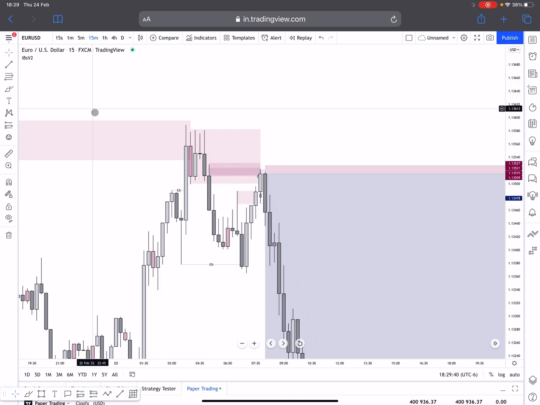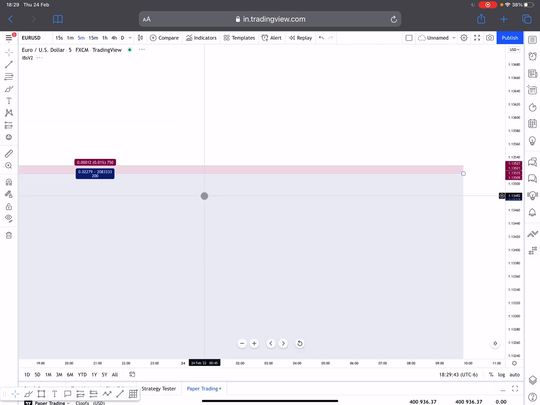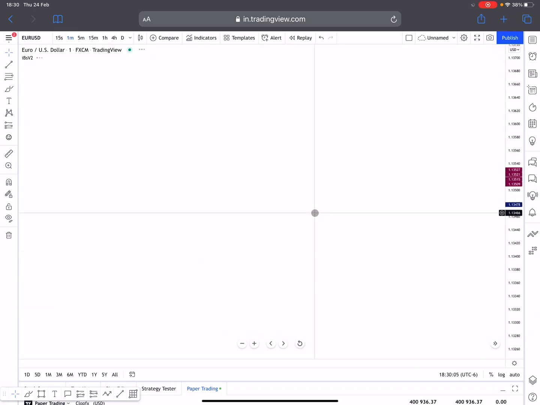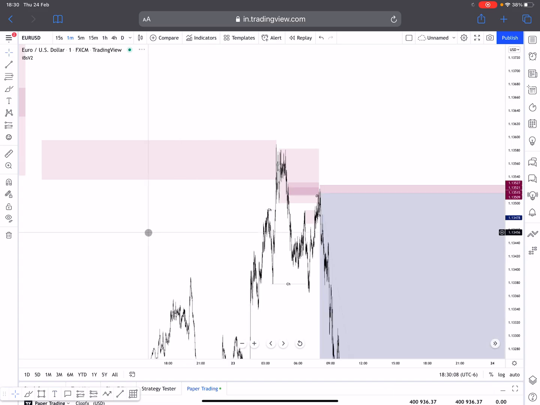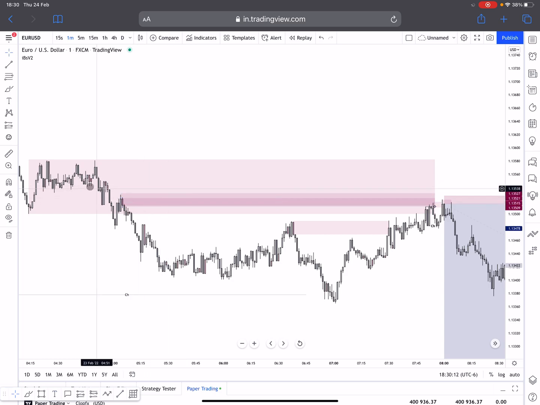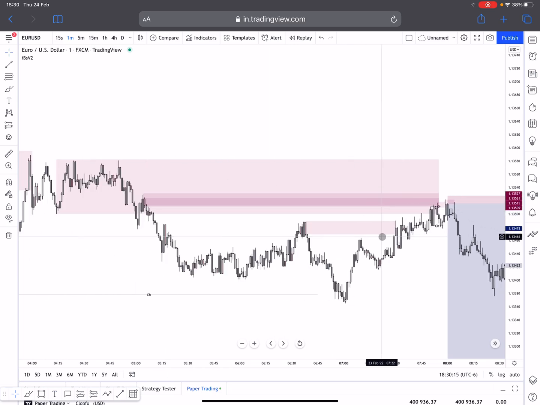For entries on lower time frames, right? If you go to the 5 minute, you can see I marked those because those are my points of interest. I wanted to pretty much trade off those. I was searching for chalk and flip or just chalk on those POIs, supply zones. Then you go down time frames, you can see there are multiple, right? If you refine it, it can be over refined, but just to consider that, right?